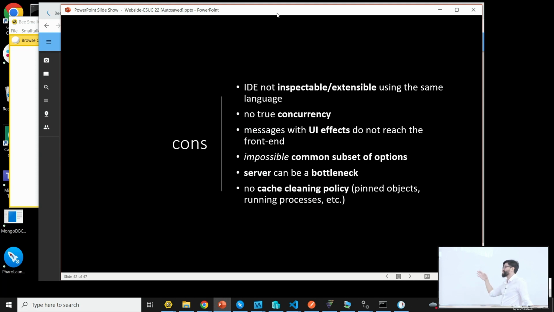So none of the serious problems was addressed here. Messages, for instance, if you say transcript show blah, won't reach the front end unless you have in place some WebSocket or something like that and special mechanics for that. It's impossible, to my understanding, to get to a common subset of options. The server can be a bottleneck,